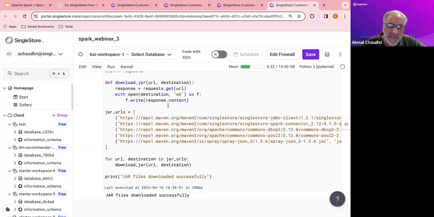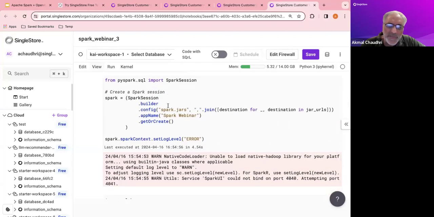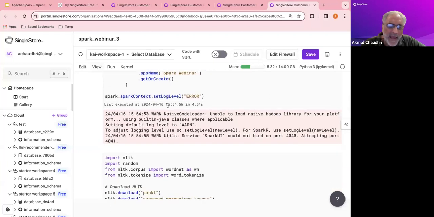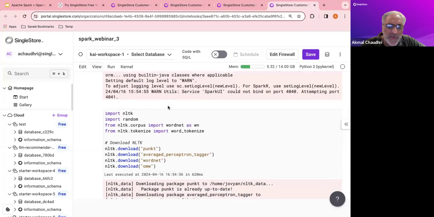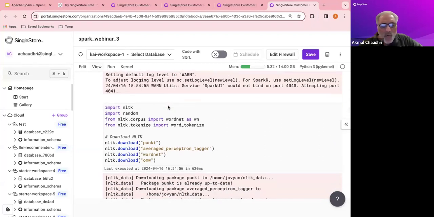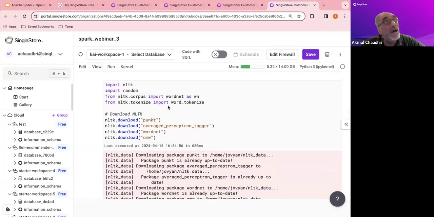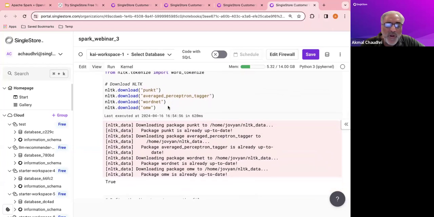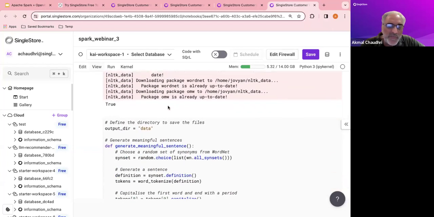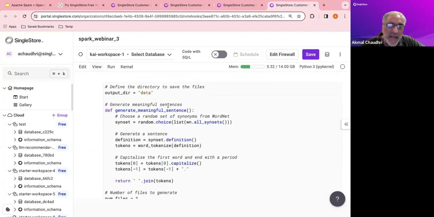We do the standard things in terms of the jar files that we need to talk to SingleStore. We create our Spark session here. And we use this technology down here. Okay, so we are downloading this WordNet and tokenizers, these sort of corpora, not sure what the plural is, and doing some tokenization. So what I want to do is build some sentences that actually make